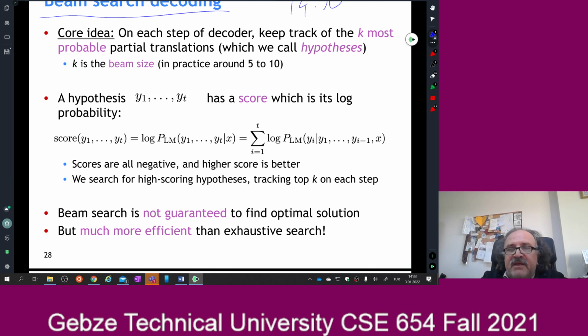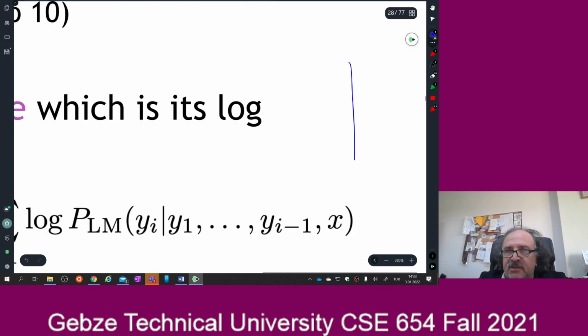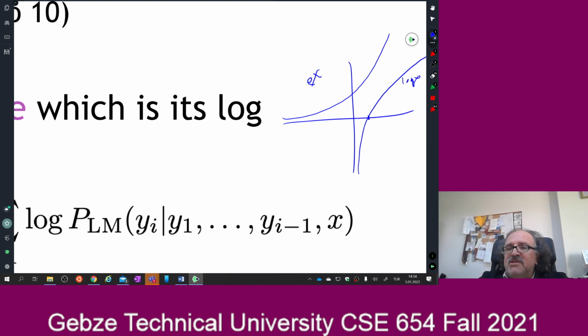Because probabilities are between 0 and 1, we use the logarithm. Remember the logarithm function? This is e to the power x, and this is the logarithm of x. So this is like 1.0, this one. So between 0 and 1,